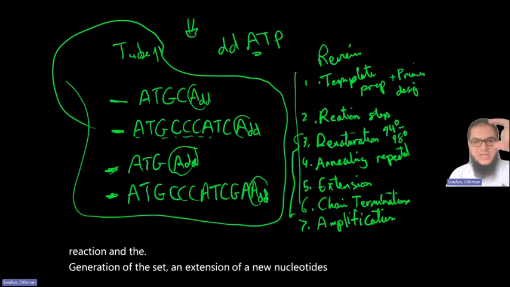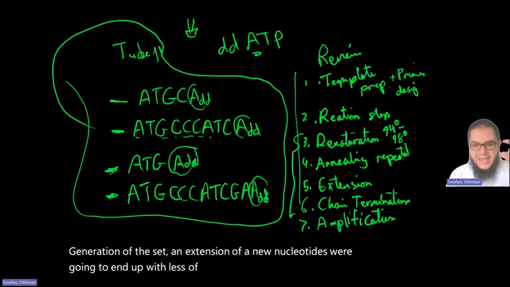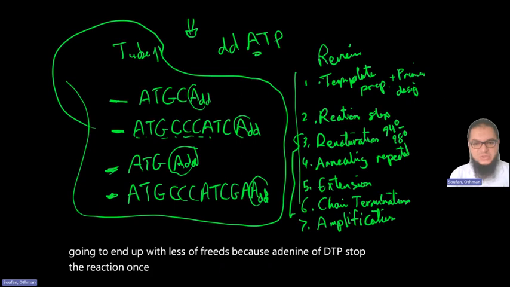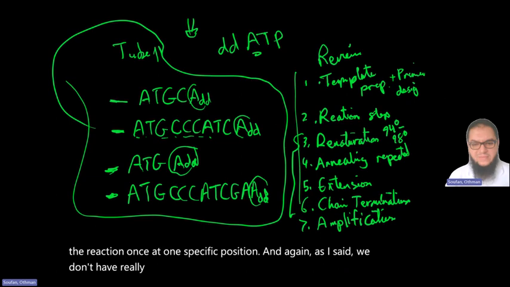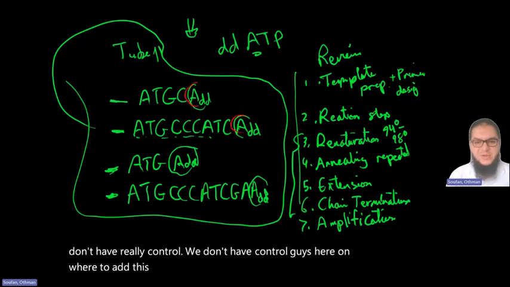We're going to end up with a list of reads because adenine ddNTP stops the reaction at one specific position. And again, as I said, we don't have control, guys, here on where to add this. It's going to happen randomly,